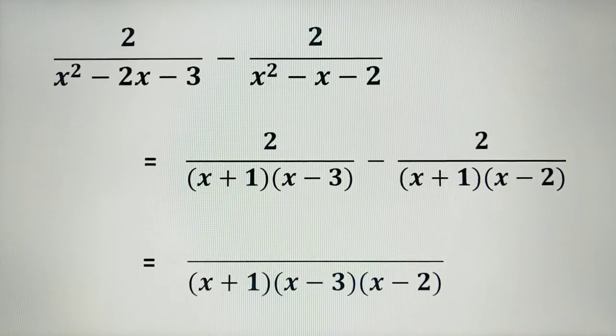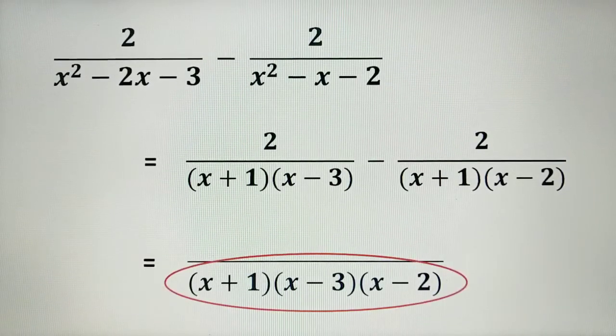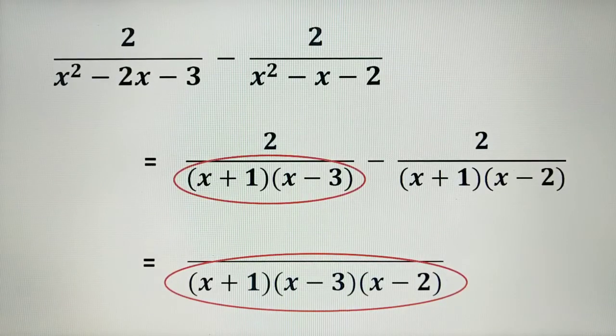This will be our LCD. Then we will find the new numerator. We will divide this expression by the denominator x plus 1 times x minus 3. The answer is x minus 2 because we can cross out x plus 1, x minus 3. Then we will multiply it to the numerator 2. That is why we have 2 times x minus 2